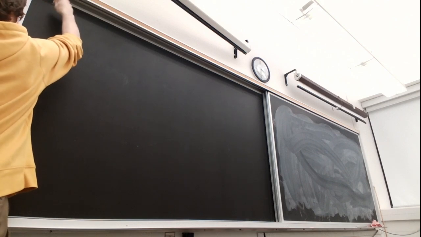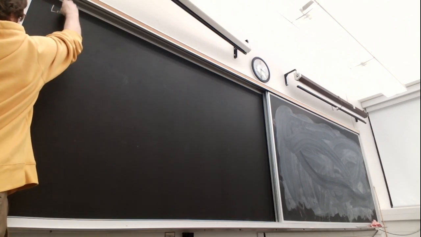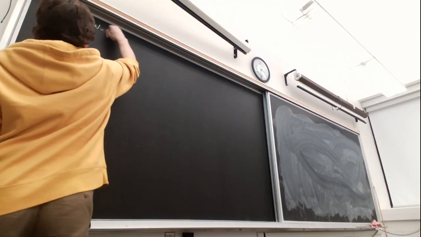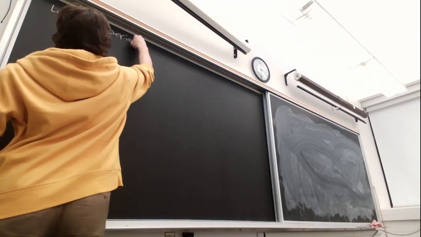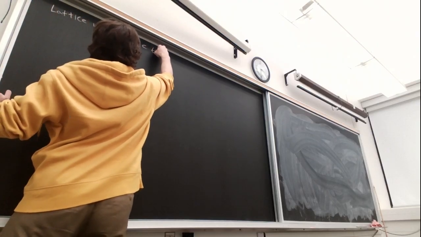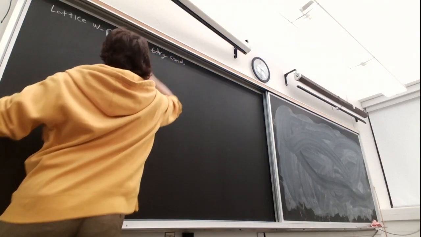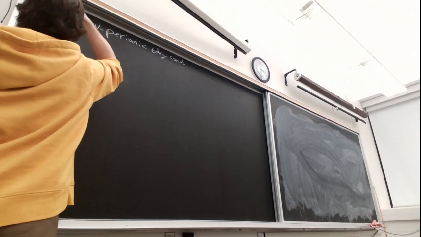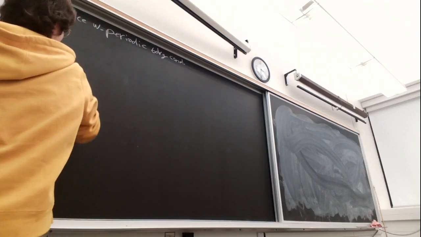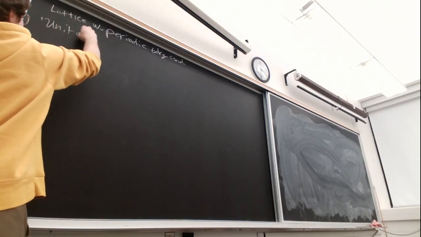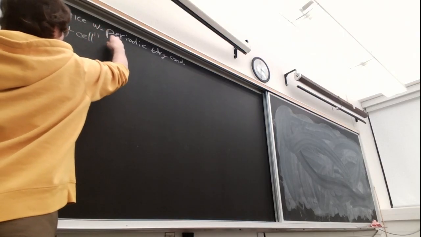So we had some lattice with periodic boundary conditions, and we had some unit cell, right? Which was